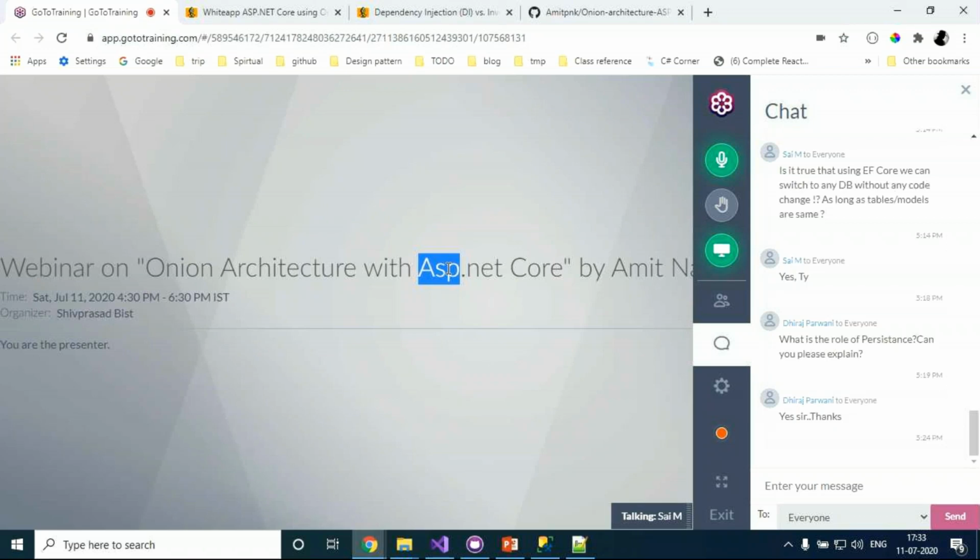So will the reference of infrastructure be part of all the layers wherever I need logging? Not exactly, but mainly logging will be used in the presentation layer.